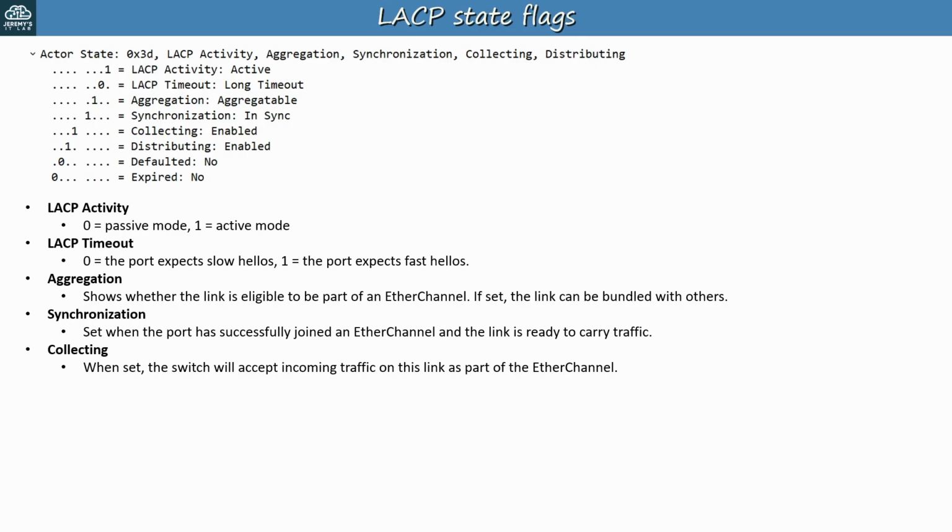To put it simply, the collector is the component responsible for receiving frames on an Ether channel. Frames received on all member ports are collected and accepted by the aggregated port channel interface. Then there is the related distributing flag. When it's set, the switch will send outbound traffic on the link as part of the Ether channel. As you know, frames sent out of a port channel interface are load balanced, in other words distributed, among the